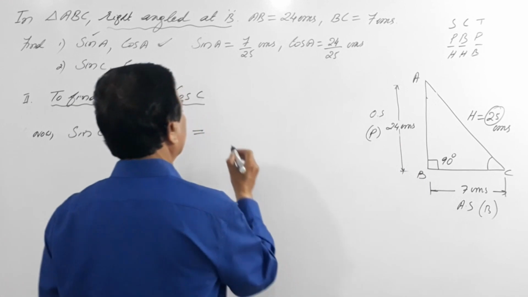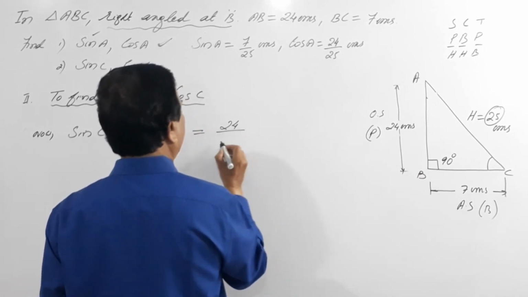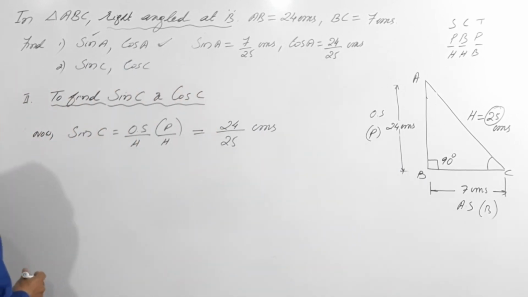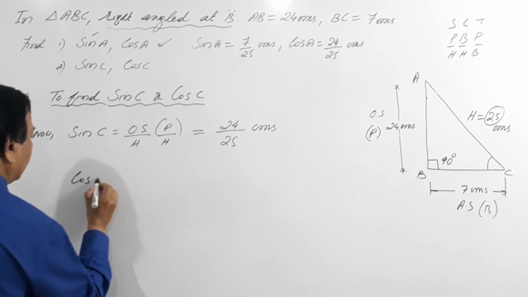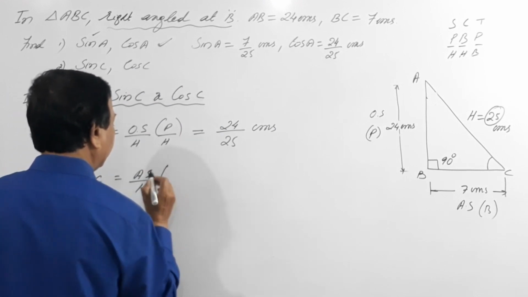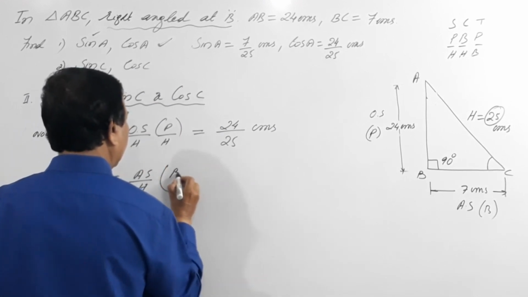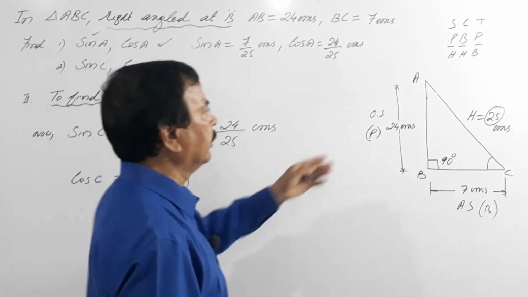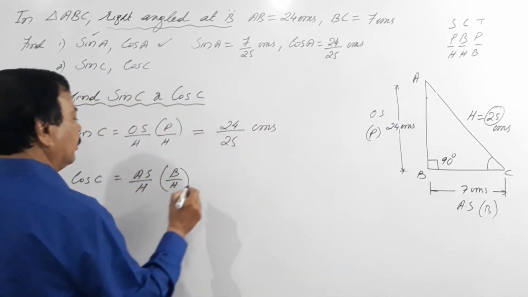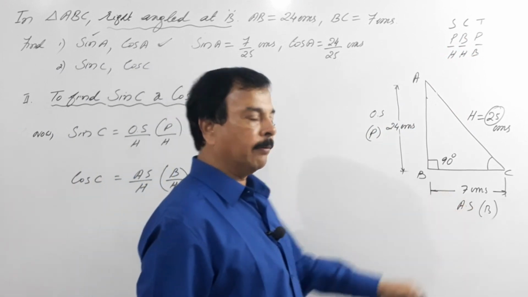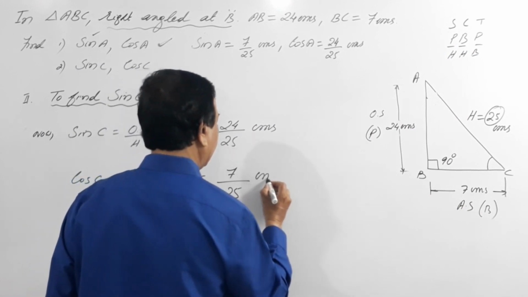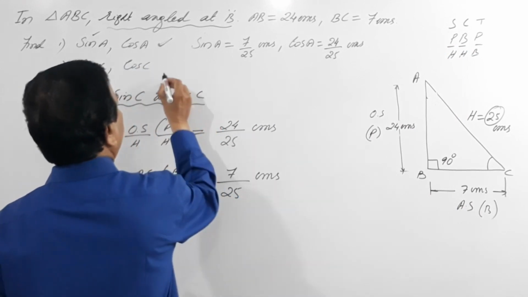Opposite side is 24 and hypotenuse is 25 centimeters, and cos C equals adjacent side by hypotenuse. There is nothing but what? Base by hypotenuse. See here, cos is base by hypotenuse. So what is base? Base is 7 by hypotenuse 25 centimeters. So ये बन गया